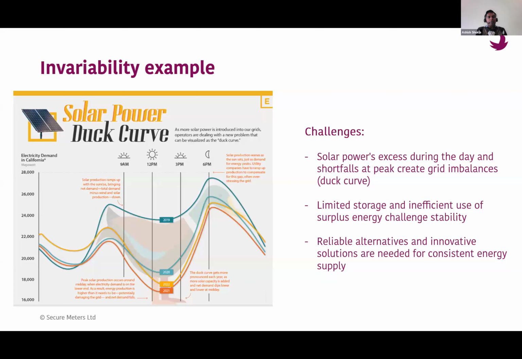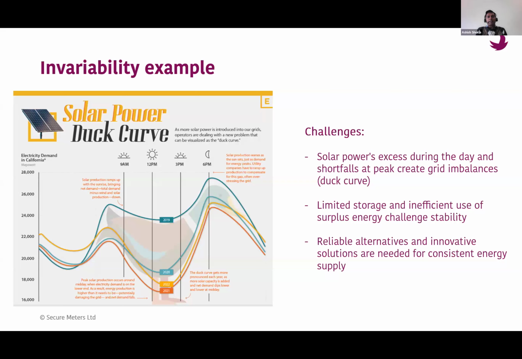So what is happening in between? You see there are different layers. Why are there different layers? Because the net demand which the grid or the utility will see is changing year by year. Why is it changing? Because we are adding more and more solar power into that. This is a typical example of the state of California in the US. You can see in 2019, 20, 21, 22, in the middle of the day, the demand goes down, because more and more solar power is coming in the middle of the daytime.